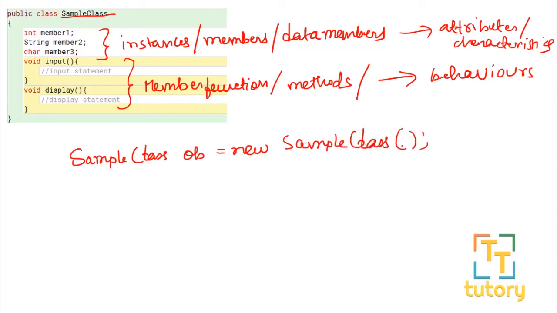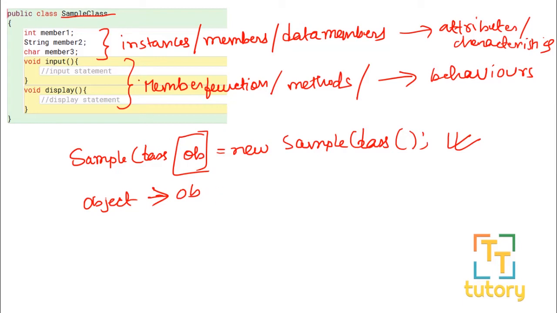Okay, so if you don't understand this, don't worry, we have a separate video in which we will cover this topic in much more detail. So just for the sake of understanding, remember that this is how we create an object of a class in Java. This object ob is an object that belongs to the class SampleClass. So this SampleClass will act as a blueprint for this object creation. So this object will share the same attributes and behavior of the class.